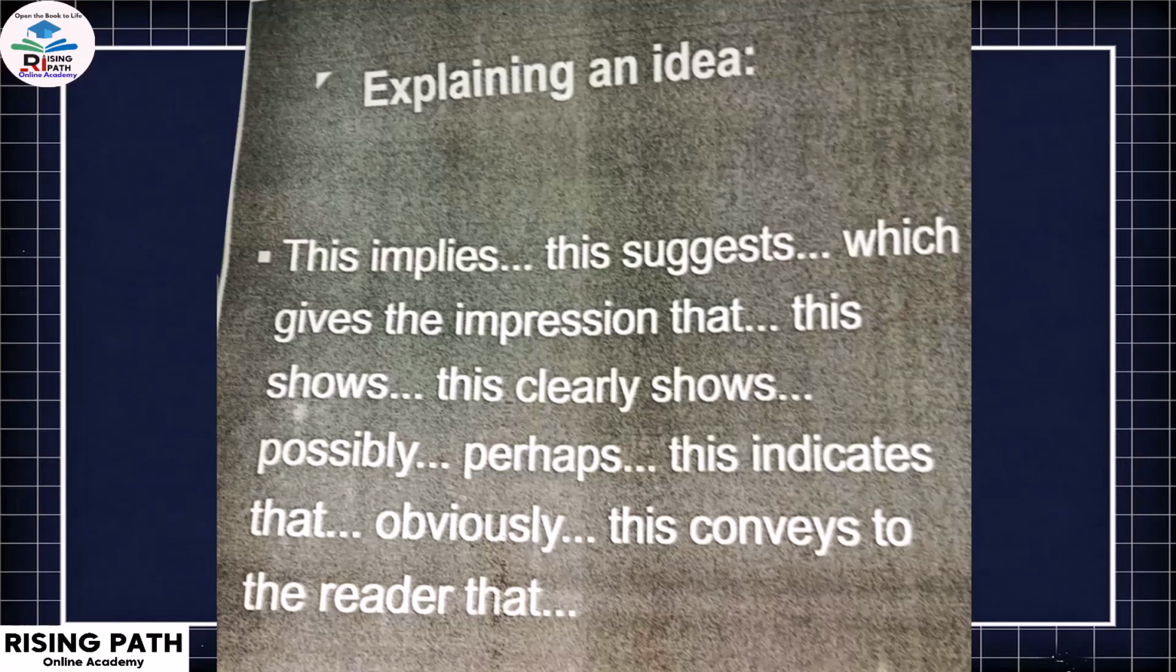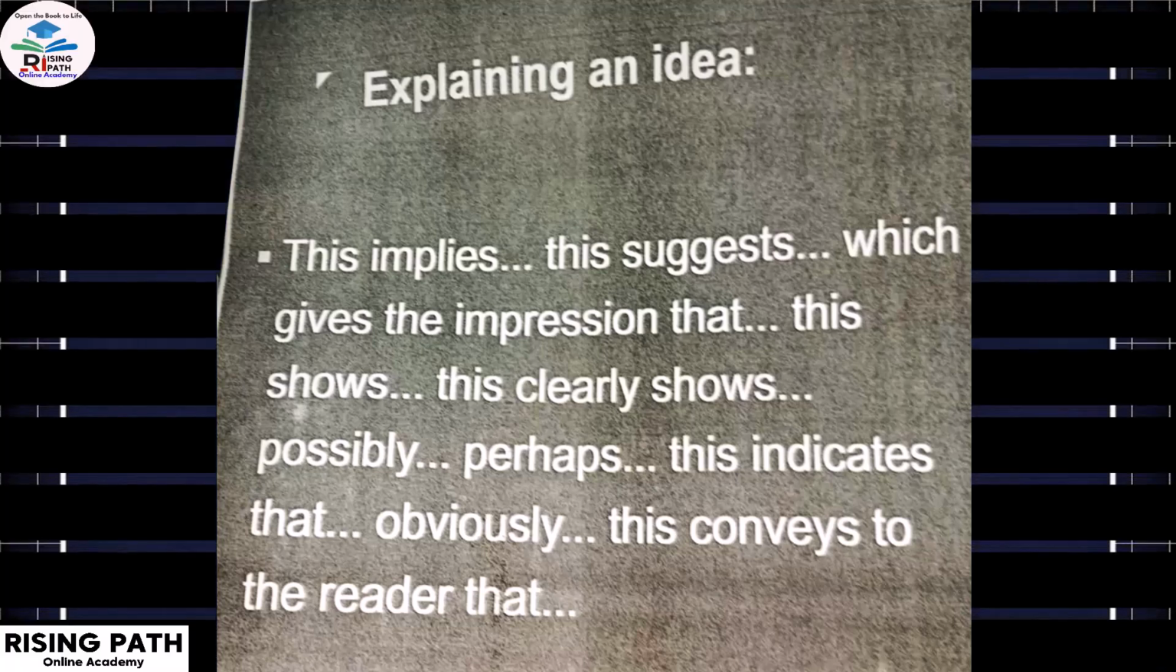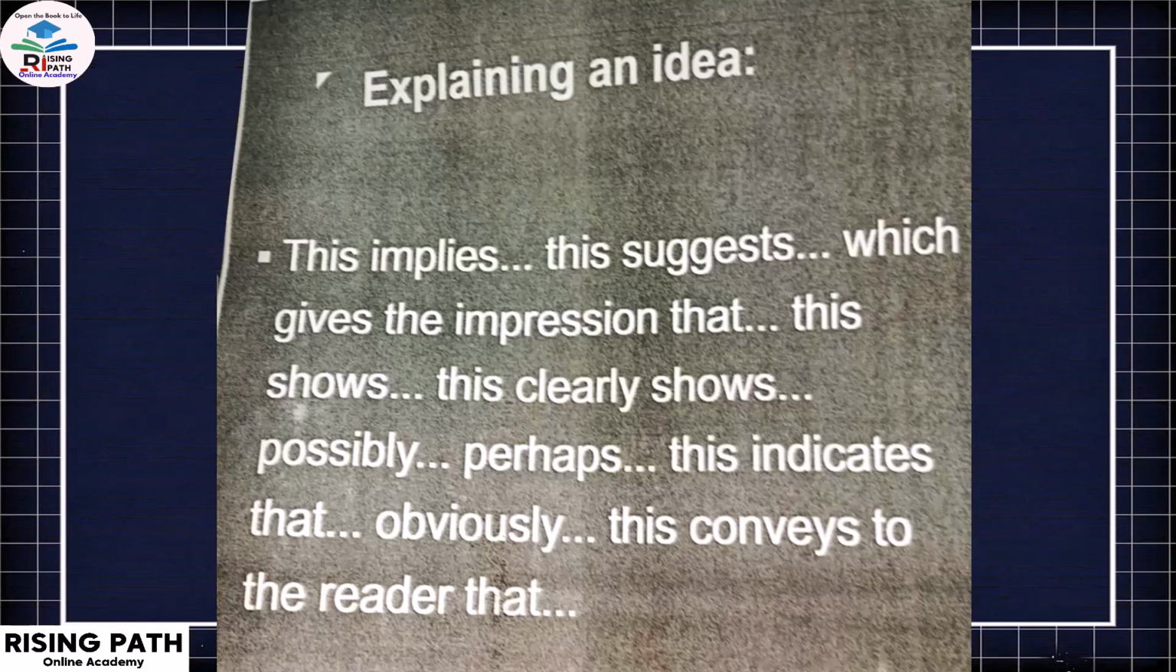Suppose you're going to explain what the writer wants to convey to us at this point. What is the situation at this point in the story? So you may use these phrases: this implies, this suggests, which gives the impression that, or this shows, this clearly shows, possibly, perhaps, this indicates that, obviously, this conveys to the reader that. So these are the different options. You're going to make a word bank